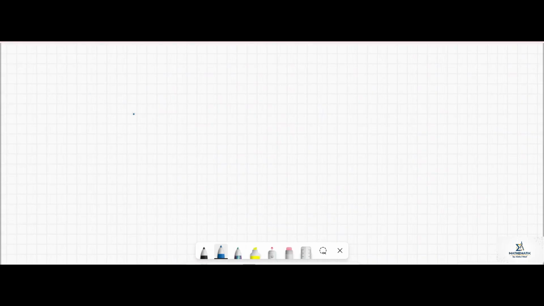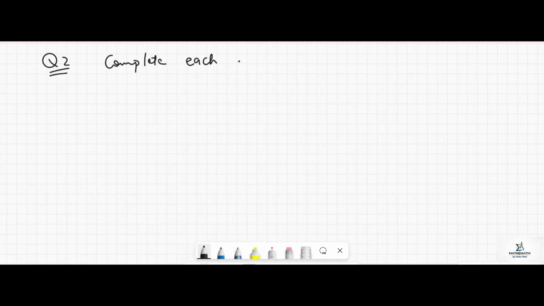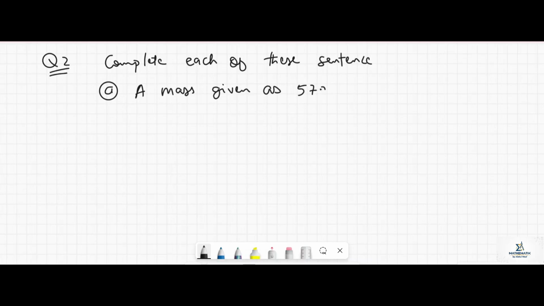We have now question number 2. What question number 2 says, it's a complete each of these sentences. Number 1, the part A, a mass given as 57 grams to the nearest kilogram